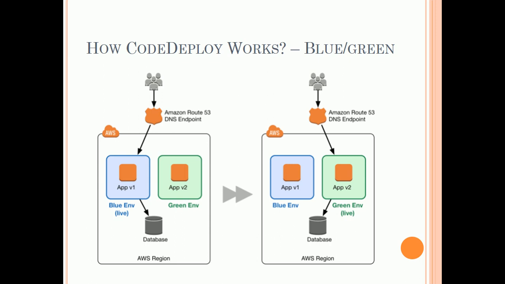We can monitor our environments, and if we smell something fishy, we can roll back and move to the blue environment again. So blue-green deployment offers a number of advantages over an in-place deployment, as rolling back to the previous stable version of the application is faster and more reliable. Also, we can test and install the application on new instances ahead of time. So this is how we can use any deployment suitable for our needs. Now let's move forward and understand the AppSpec file structure.